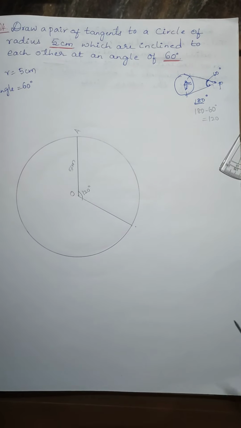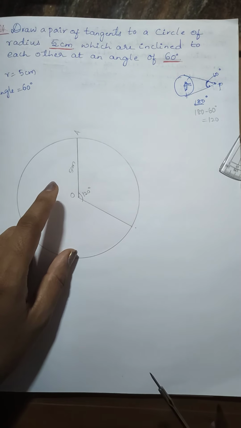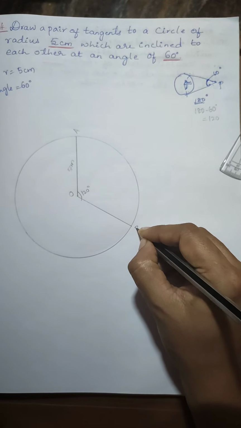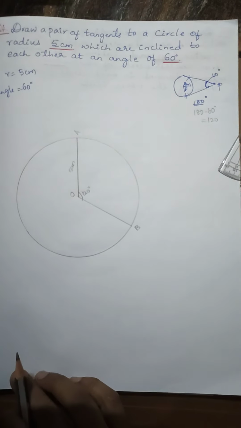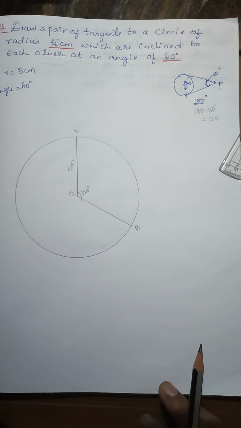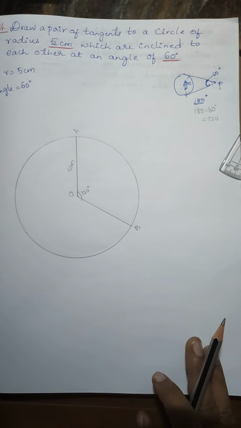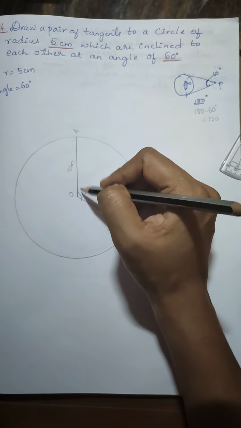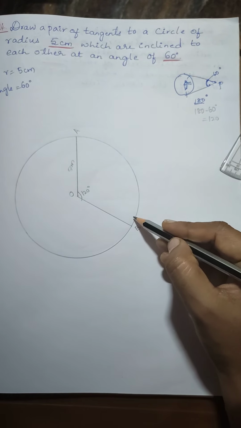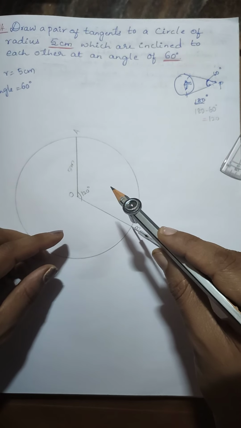Now, here what we have to draw is a perpendicular. We have to draw 90 degree at both OA and OB. Let us take this as OB, this as OA and OB. So for both OA and OB, we have to draw a perpendicular, not a perpendicular bisector. We have to construct 90 degree because, as you know, according to theorem 1, the tangent and the radius make 90 degree. As you all know, we have to draw 90 degree without using a protractor.